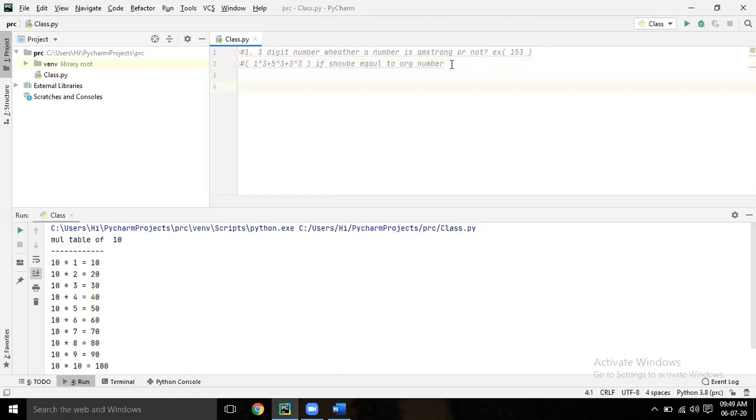Just print 1 cube. How to write 1 cube in Python? Not like that. Double star 3. Plus 5 double star 3, plus 3 double star 3.